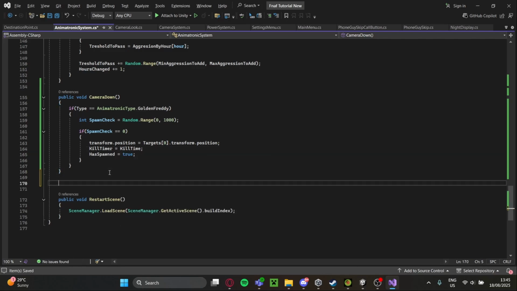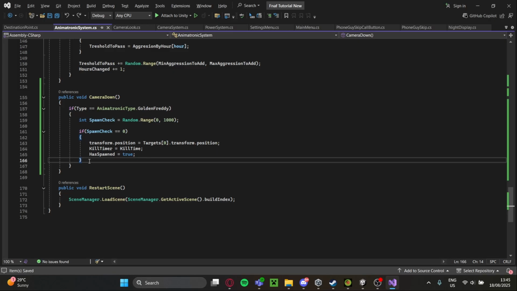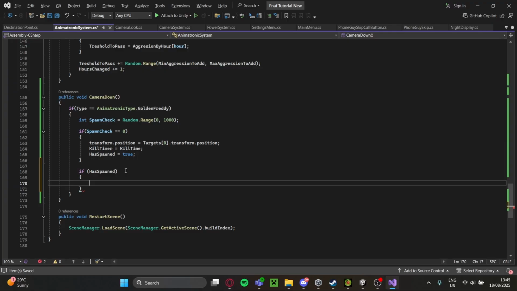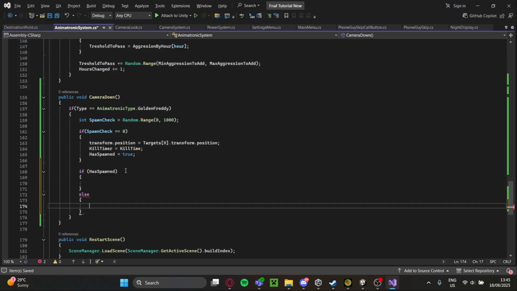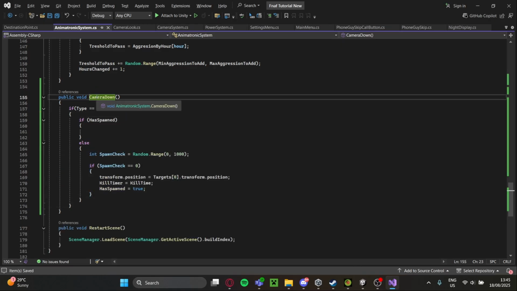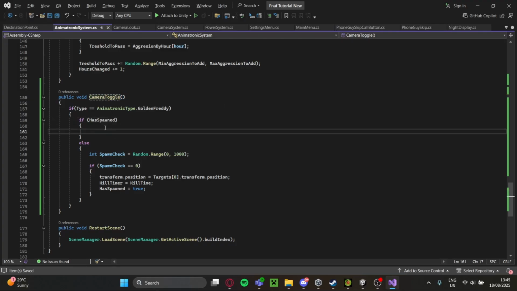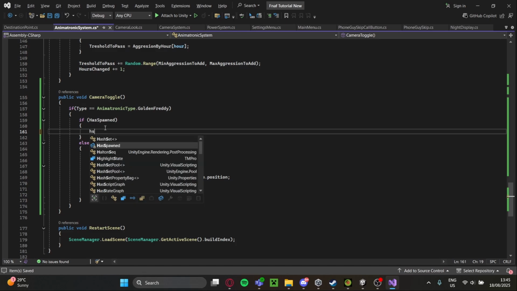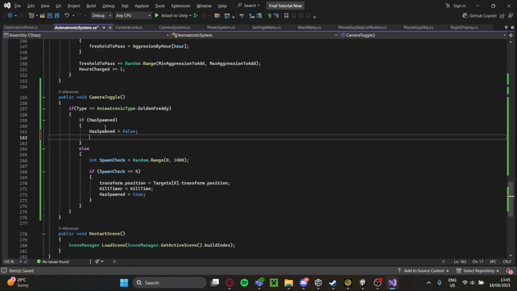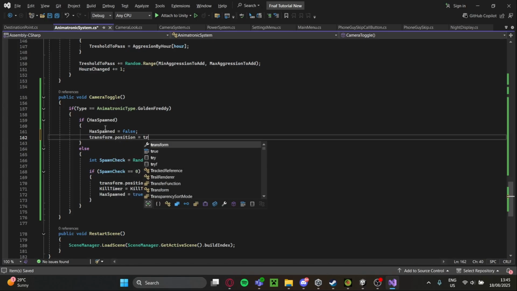We also want a variable over here. Let's have if has spawned, else. So if he's not spawned, you check to spawn him. Rename this to camera toggle. It's best if we rename it camera toggle, so when it goes up or down, if it's spawned and you're setting it up, you're going to want to remove him. So has spawned equals false,